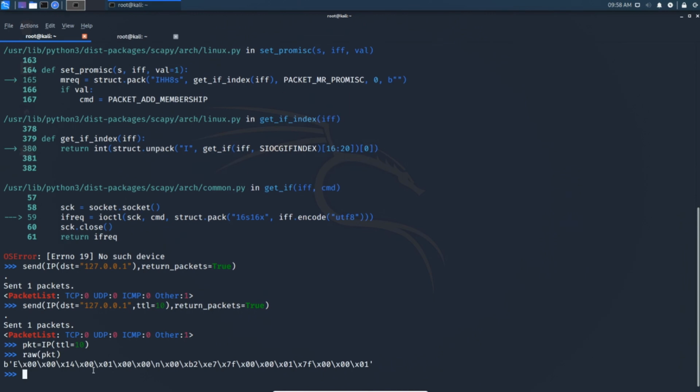Here we got our hexadecimal notation. So if you use raw(pkt), then it will create the hexadecimal notation of the raw layer. So I explained one command also, the raw command.